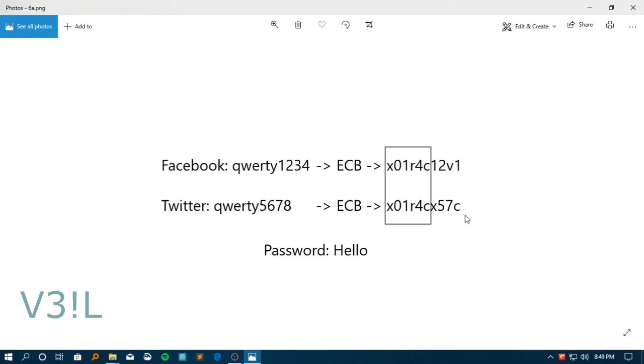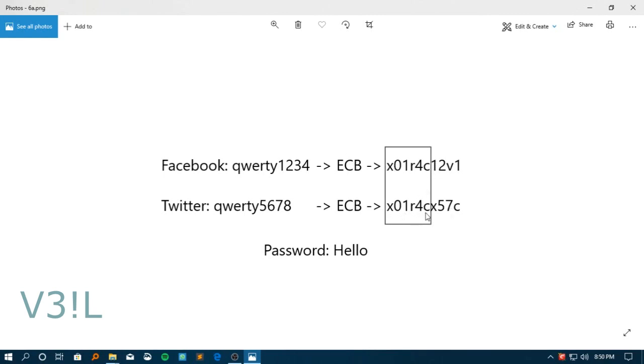So for example, say that the hacker grabs these ciphertexts and takes them home. Now what happens when he opens up those ciphertexts in, for example, his code editor? He can see from just the ciphertext that the first parts of both ciphertexts are exactly the same. So he can assume that whatever the plain text was, both plain texts are also the same, just like in the ciphertexts. So if he manages to hack or crack the first password, that is QWERTY1234, he can just tell by looking at the second ciphertext